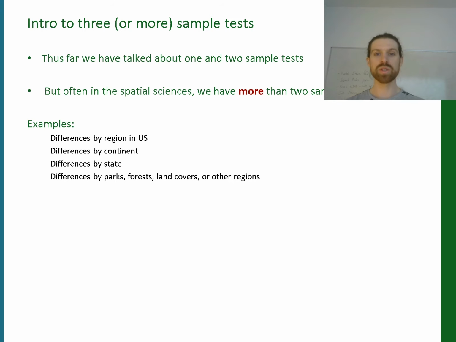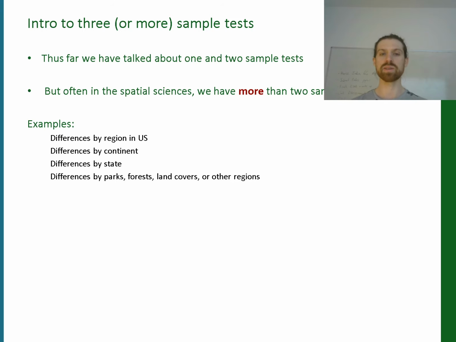So far we've talked about 2 sample tests, that's fine, but very often in the spatial sciences we will have many different samples. Imagine I told you I wanted you to go out to the eastern shore and take water samples from a range of different places across different rivers. And then, if you had, say, 5 different types of ecosystem that you wanted to collect those samples